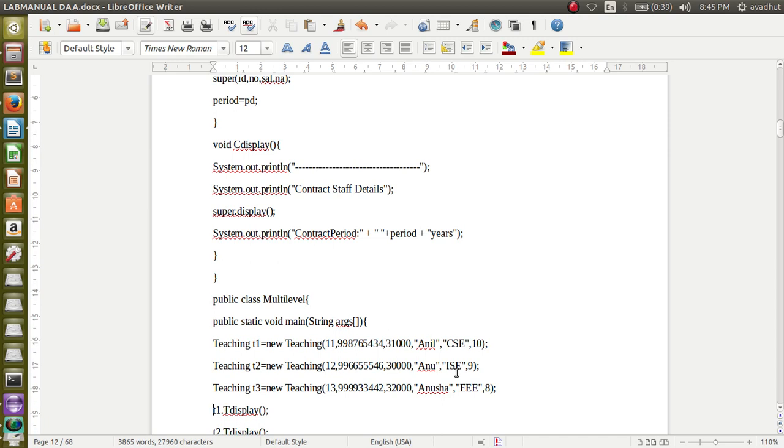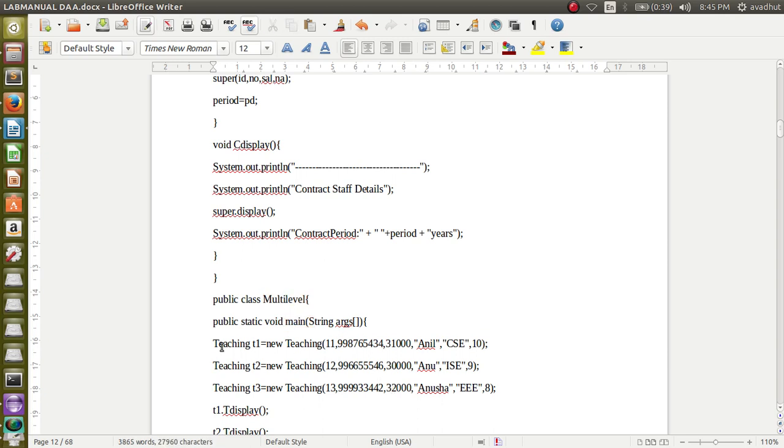One more class we are creating here is multi-level. This program is demonstrating multi-level inheritance. One base class we are having, many child classes. So it is displaying the multi-level inheritance. That is why its name is kept as multi-level. This is a separate class. In this class only main function is there. That is why the name of the program should be multi-level.java, because this main function is present in this